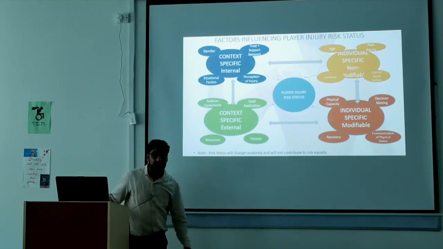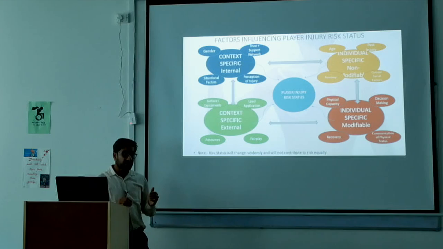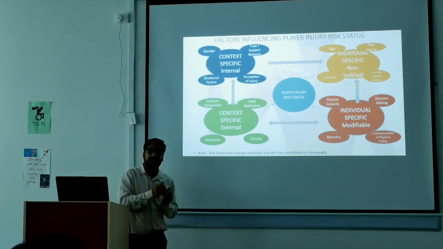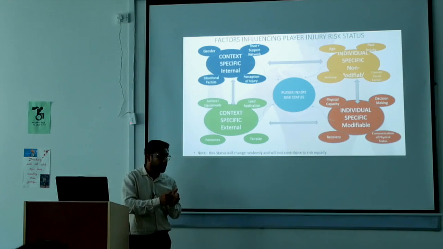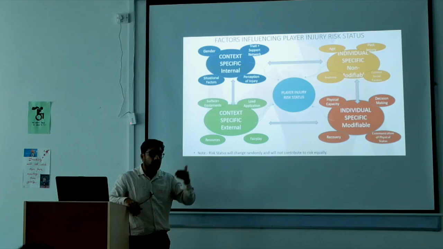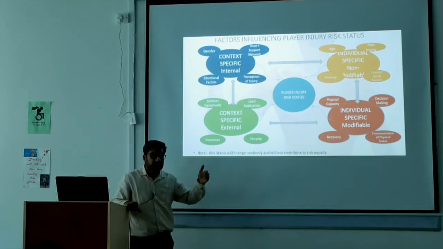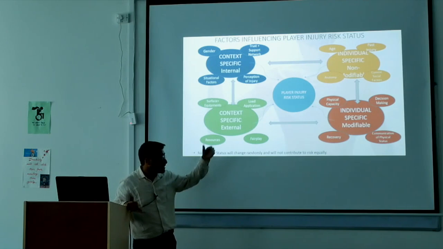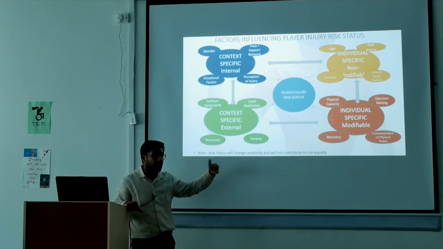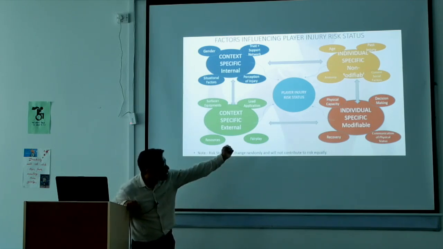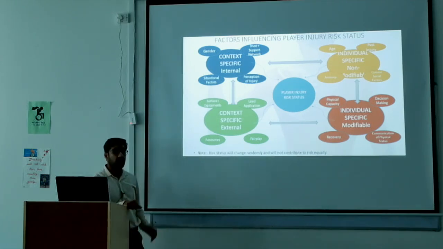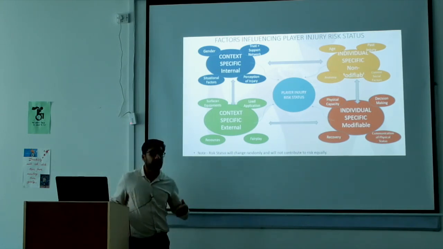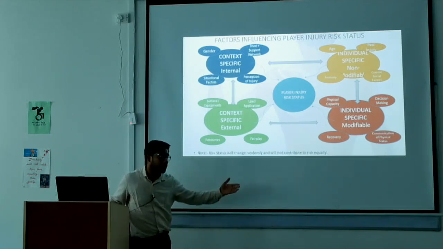Second is decision making. Decision making is, when you have any injury, how do you cope with that? Do you continue to play, or do you ask your medical team to work on that? These are decisions that the person has to take while playing or working in any sport. Third one is the recovery, how well the person is recovering from any injury. It can be nutritional deficit, the amount of rest, sleep, anything.